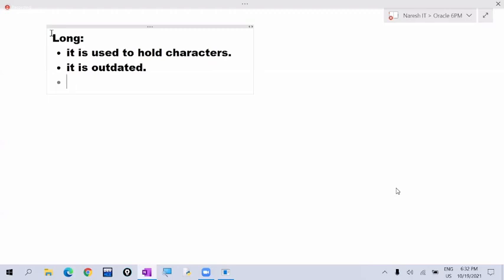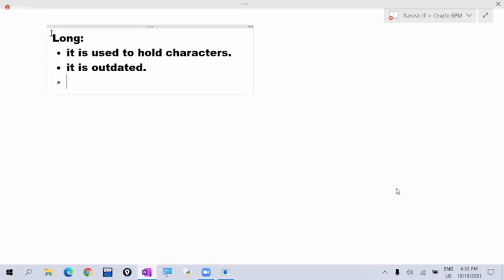Like this, many drawbacks are there. That's why this long data type is outdated. But still Oracle is providing this long data type. Why? For backward compatibility: if any organization created the database using the long data type, it would not work in the latest versions.